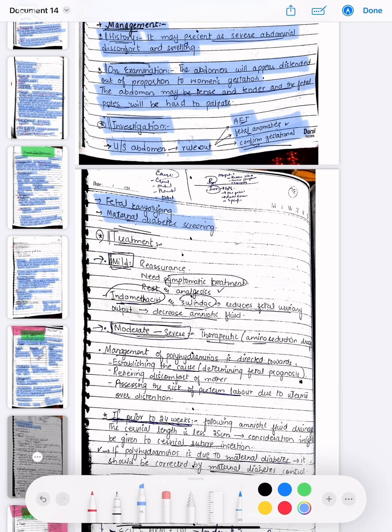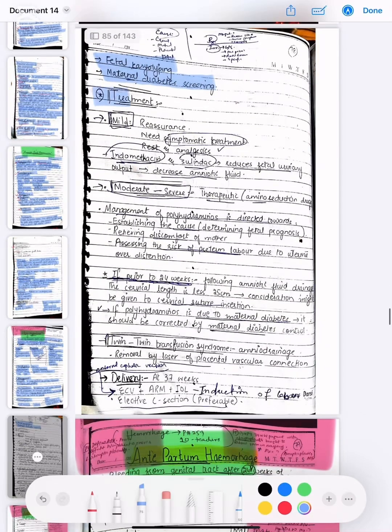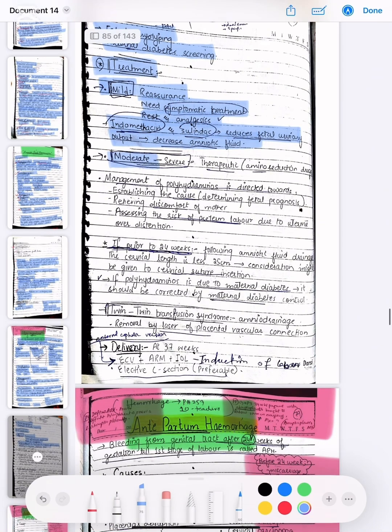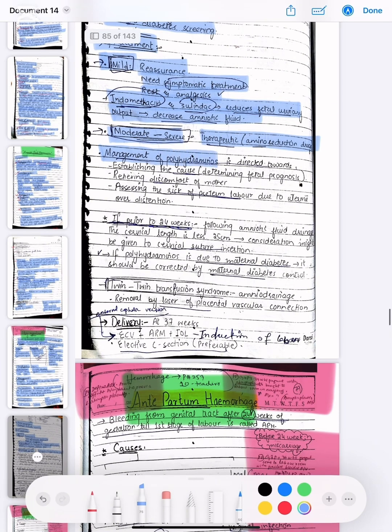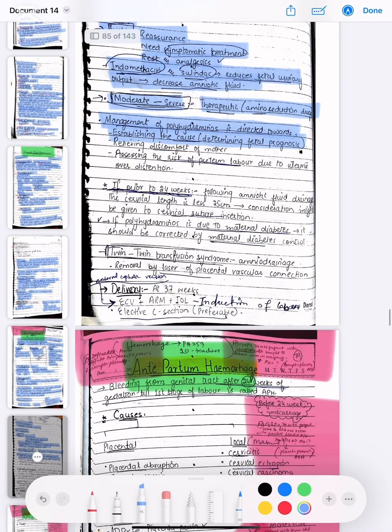The treatment options are mild treatment, that is reassurance, and it needs symptomatic treatment and rest and analgesics. Indomethacin and sulindac reduce fetal urinary output and decrease amniotic fluid. Then the moderate to severe are therapeutic, that is amnioreduction, drugs, and the management of the polyhydramnios is directed towards establishing the cause and determining the fetal prognosis, relieving the discomfort of the mother, assessing the risk of the